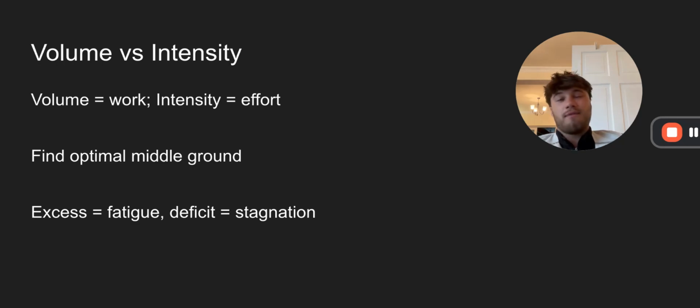So basically, you need enough volume to create enough signal, enough growth signal, but then not enough that you can't recover and progress and ultimately adapt. Okay, so